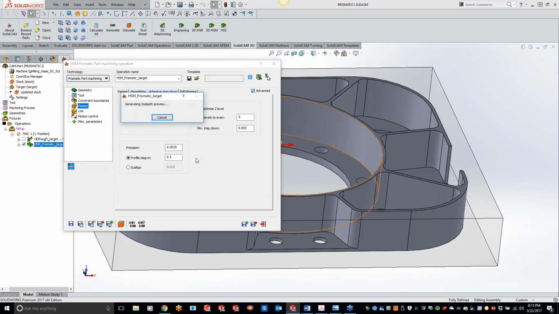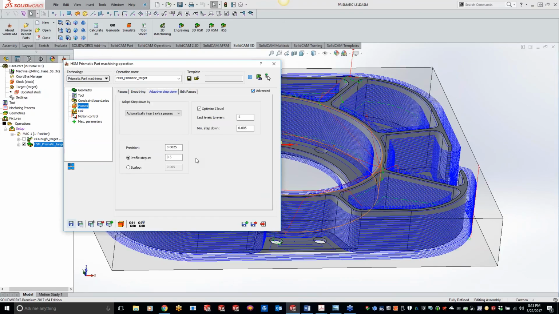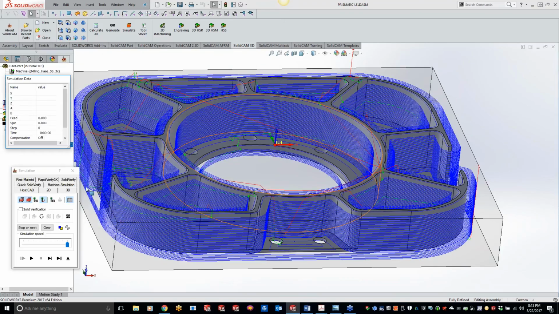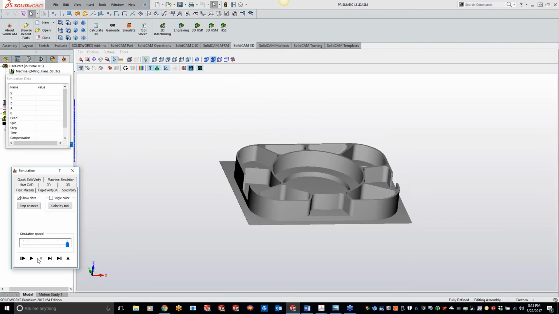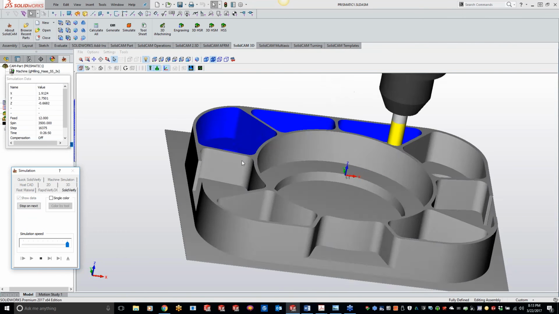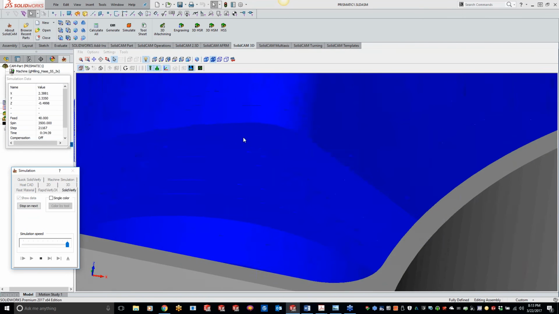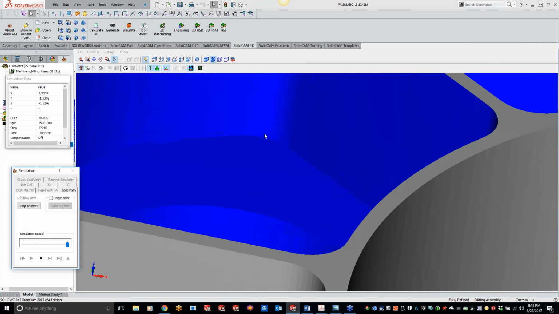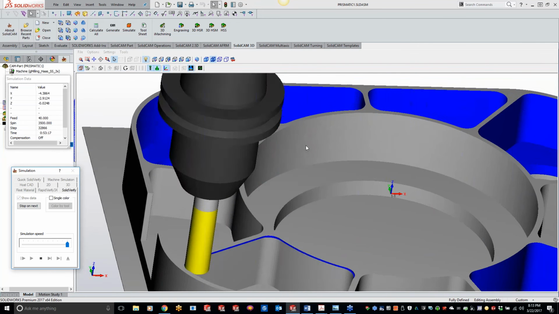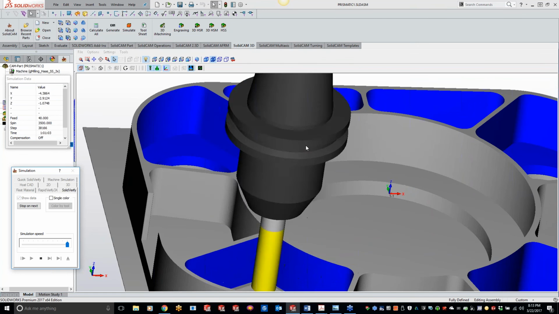It's not going to shorten that up. So by putting these extra passes in there, it's automatically going to insert passes so it can clean up that floor or that ledge that was left over. So if I come in here, you'll see we no longer have an edge there. And once it gets to the center pocket here,